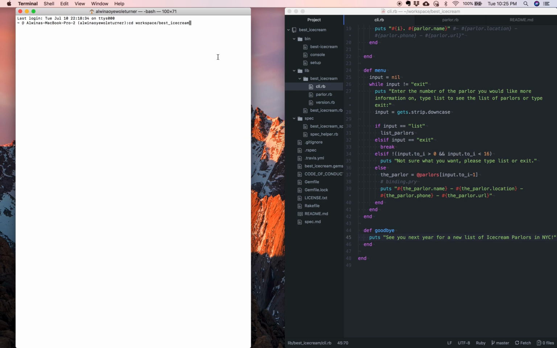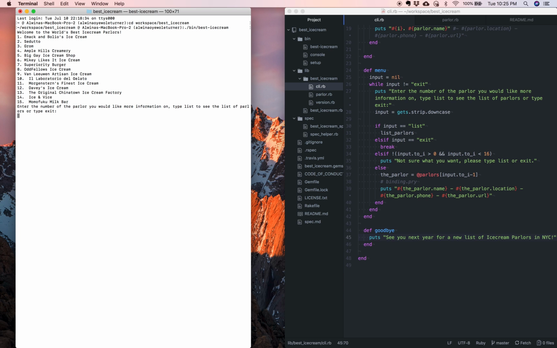Right now I'm going to change directories into my workspace, Best Ice Cream. And then I'm going to run the actual bin folder that holds the Best Ice Cream CLI app. And here I have a list of 1 through 15 ice cream shops on newyork.eater.com's website. Honestly, there were actually 16 ice cream shops, but I had a bit of a challenge scraping specifically